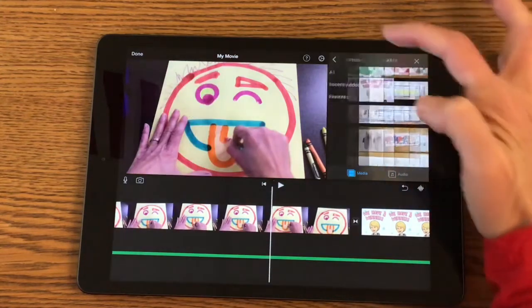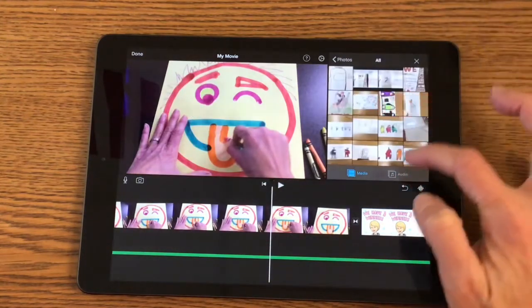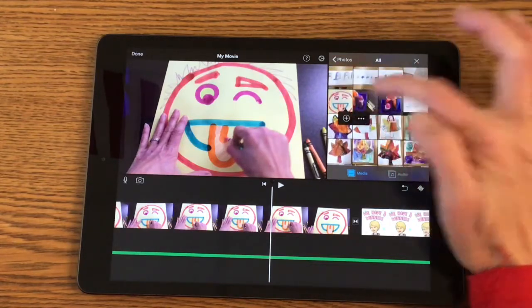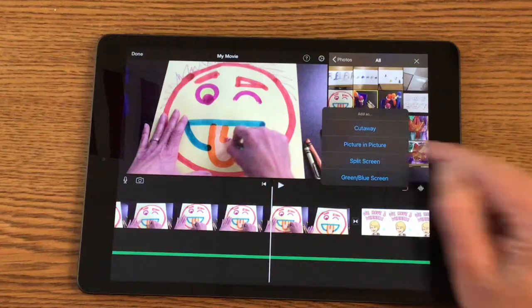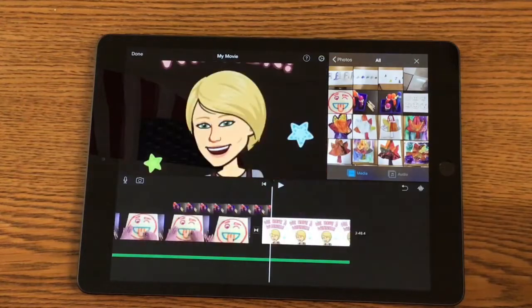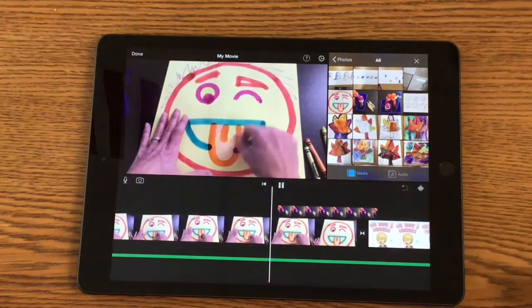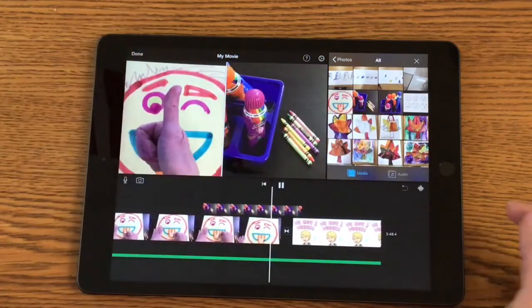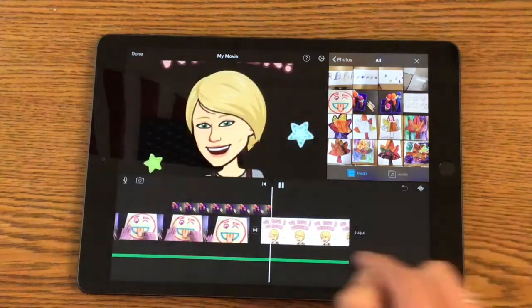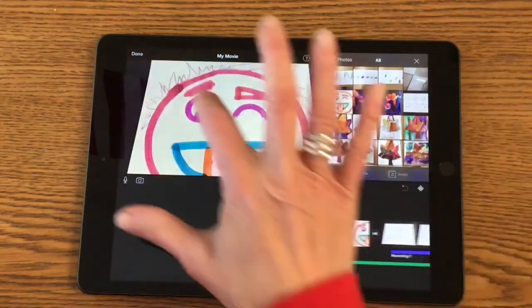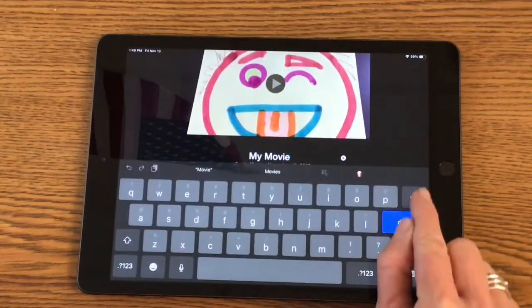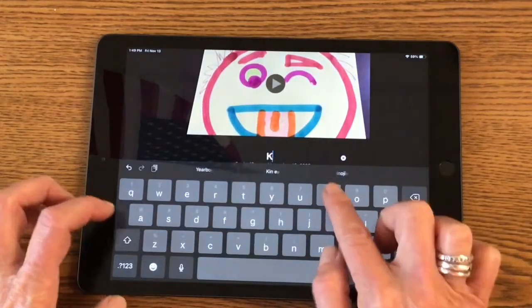I'm going to add another photo. Oops, let me go back to where it was. Let's add this photo. That's too confusing. Let's add this photo. And let's do a split screen. So now, when I play the video, you can see it, but it always moves the picture over to the left, so you need to keep that in mind. And I usually add another picture at the end. You push done, and right here, you edit it. So I would call this kinder